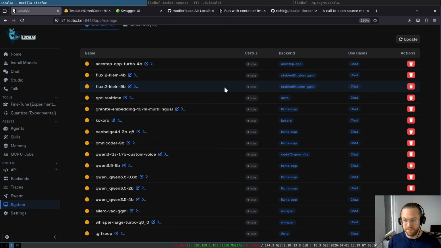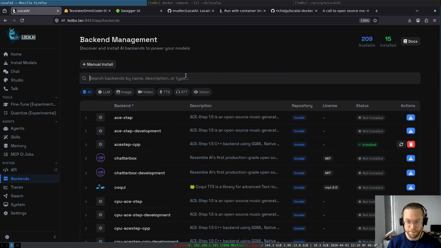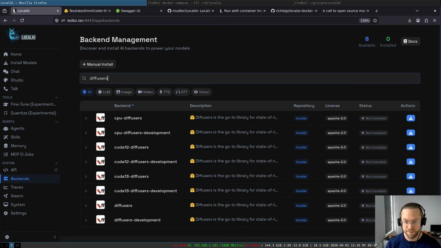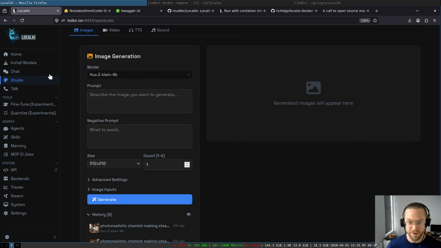Another popular one is diffusers, and with diffusers you can use any model you can find on Hugging Face that also supports diffusers. So if we go to backends, diffusers, you can install diffusers. I recommend Stable Diffusion GGML because it's written in C++ and it's lighter weight than the Python diffusers backend, but you have a choice between them, so it's up to you. And if we go back to Studio,